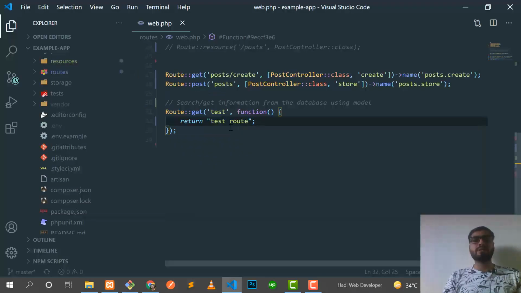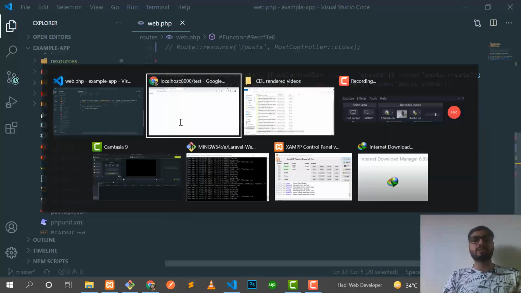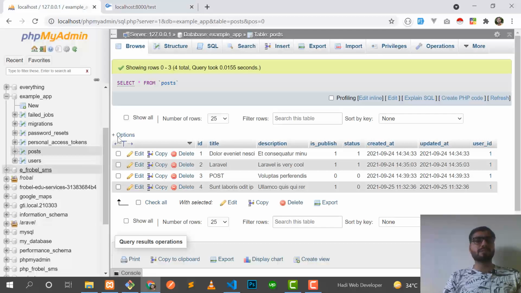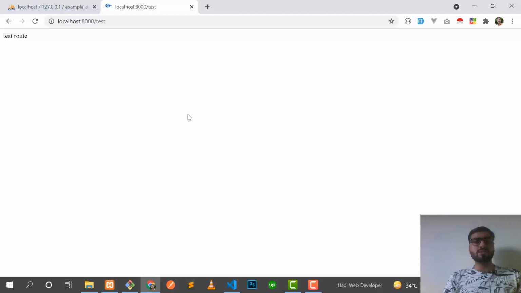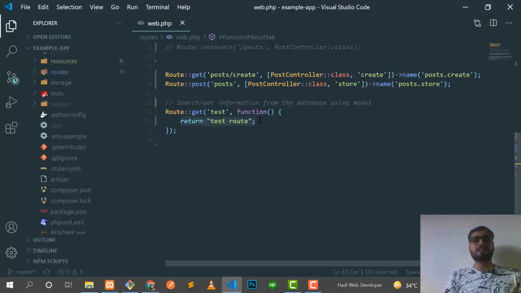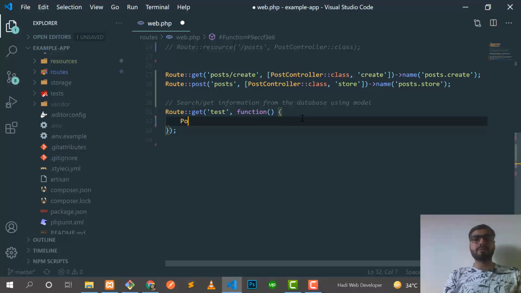So now I want to get the posts from the database. In the previous video we inserted these 4 posts, and now I want to fetch all posts which exist in this post table. I already told you that one model is responsible for one table. So our model name is Post, and that's why we will get this by using this Post.